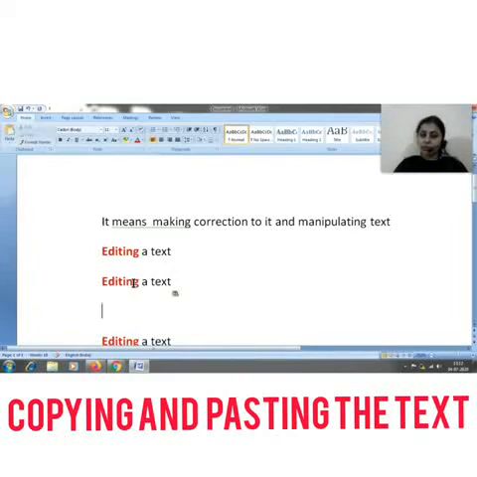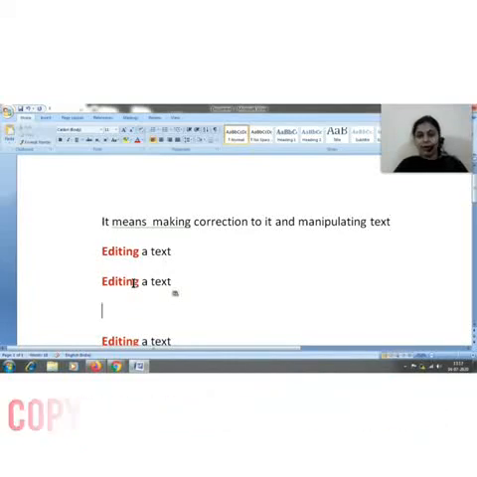It means the text is deleted from the source and will only be visible in the destination. While in copy, the source will remain unaffected and you can see the text in the source as well as in the destination. So this is cut, copy and paste.